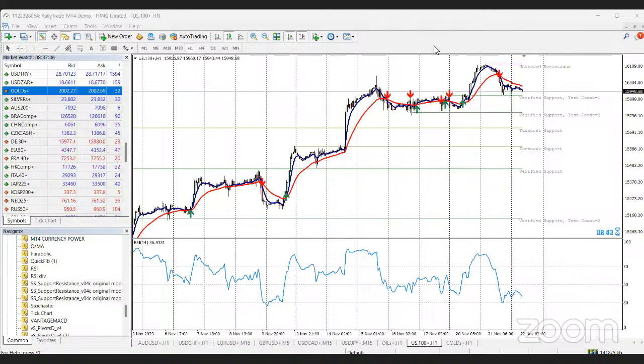I'll be sticking my neck out for a buy on this verified support. One thing we know about markets, especially the US 100, is that if there's no fundamental news pushing it at that time, it respects technicals. So it's mostly trading around the support and resistance regions, and it's just going to wait for news to make it break above or break below.